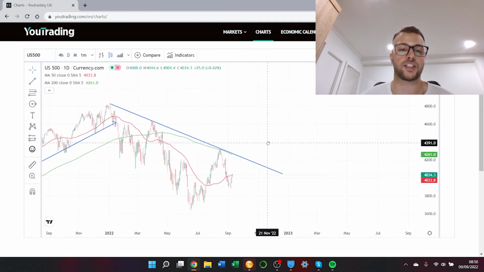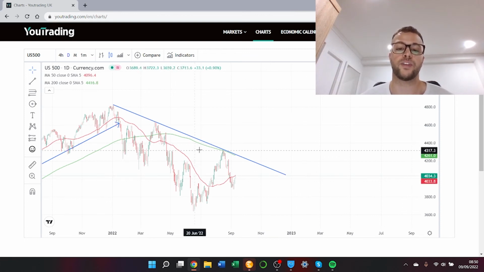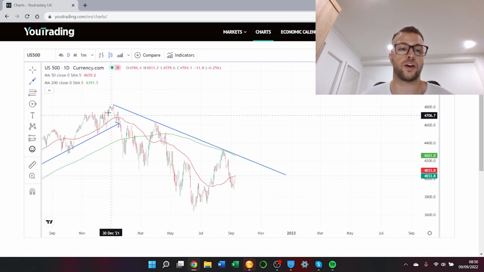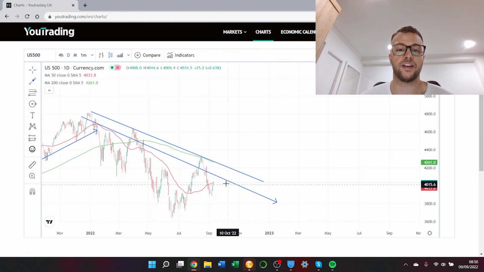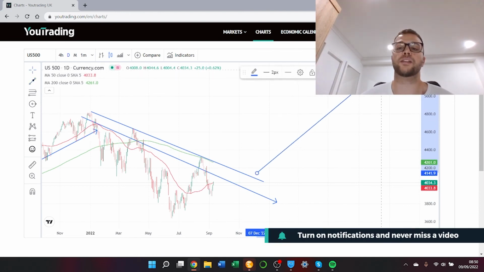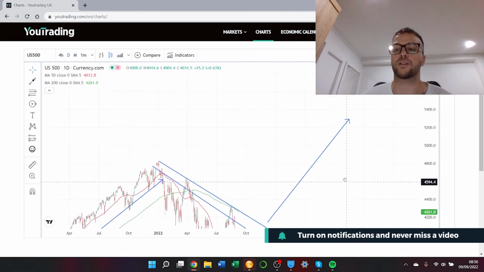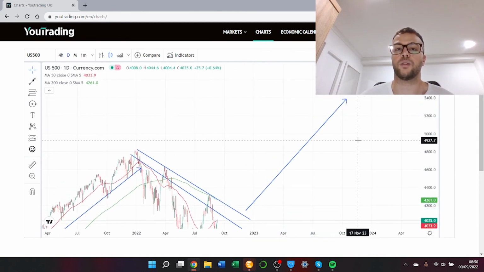We do have some challenging technicals, challenging fundamental backdrop with high inflation, tightening central banks, slowing growth, all that kind of stuff. And this downtrend that we're still in, we do have to overcome all these things before the next bull market can really get kicking. But when this 50-day MA crosses that 200-day moving average, perhaps we could start talking about the S&P 500 going back above 5,000, pushing into the mid 5,000s once again.